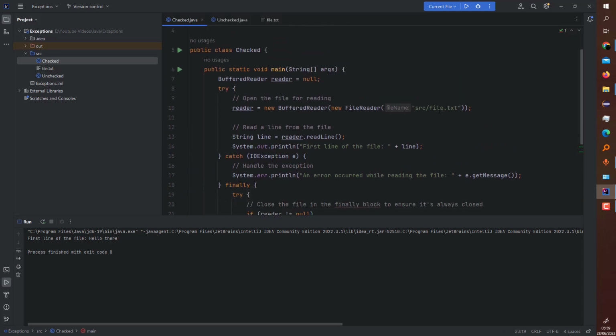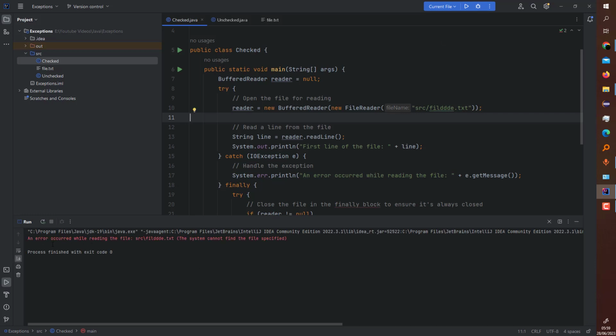So let me mess up the file name, meaning that I don't have such a file in the program. I just give it a funny name here. I don't have any file like that. So now I'm going to Ctrl+S to save. If I run the same program,